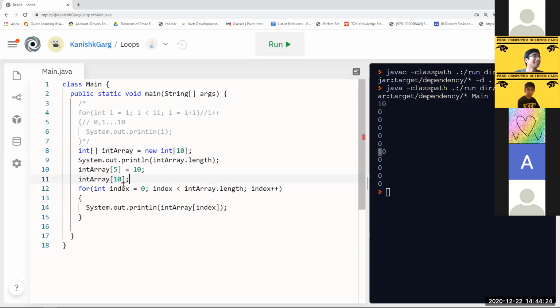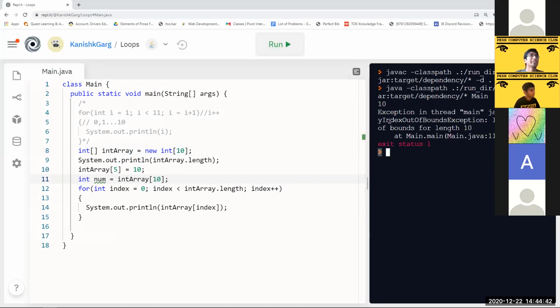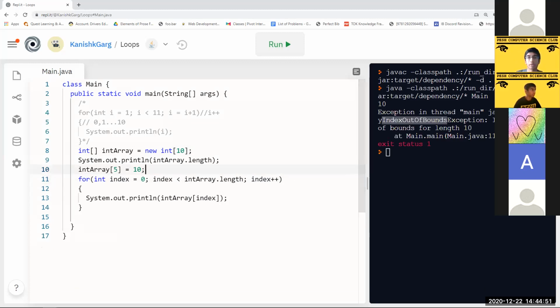As you can see, Replit is also already giving an error. But if we tried to say int num is equal to the element at index 10, it would give us an index out of bounds error. So that's why. Now I'm going to go back to the presentation